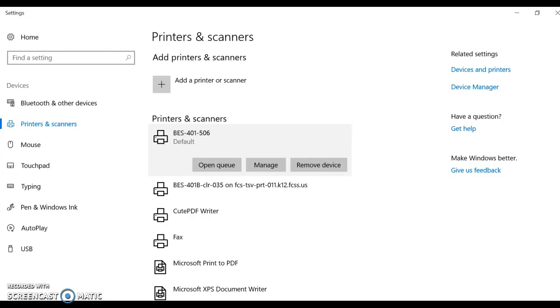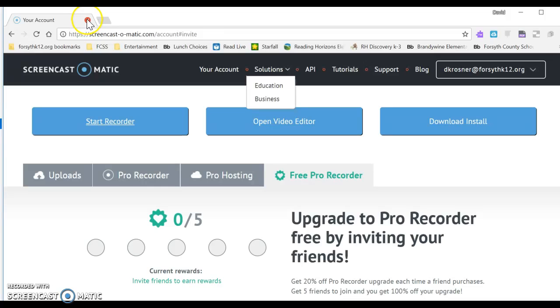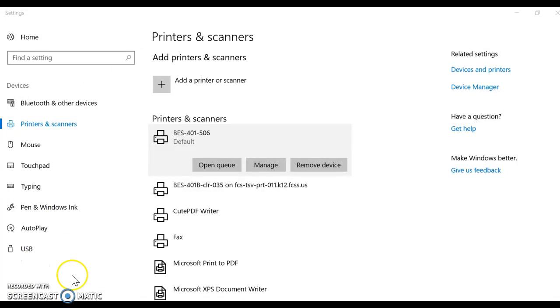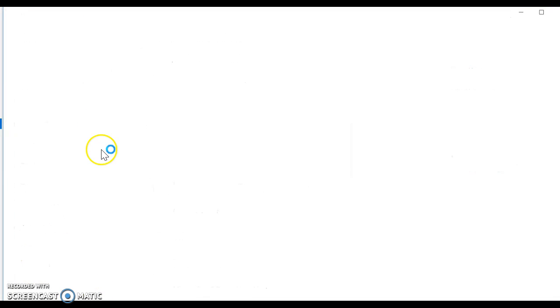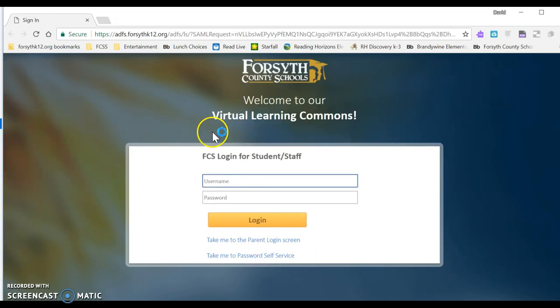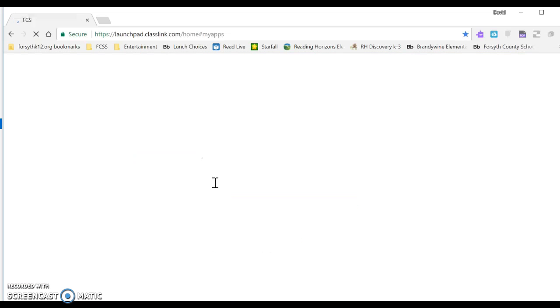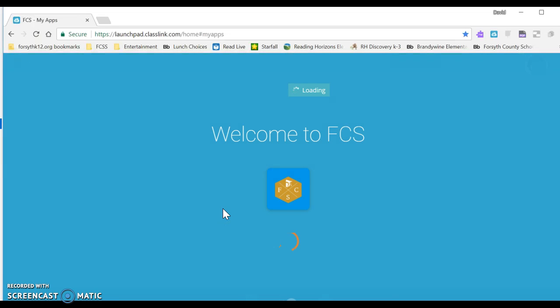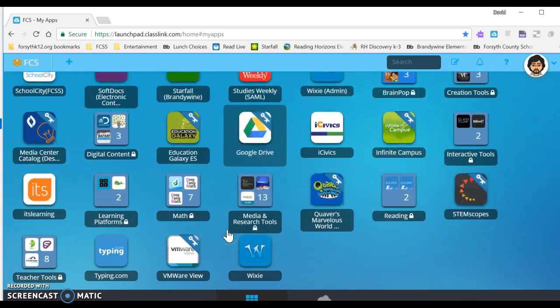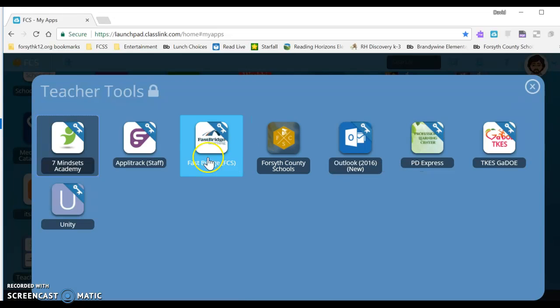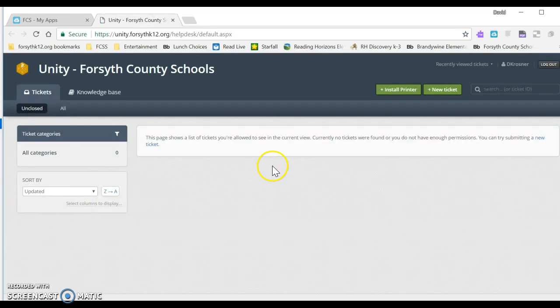Then I'm going to click on ClassLink, and I'm going to go to Teacher Tools, which is going to be down here. I'm going to click on Unity, Install Printer,